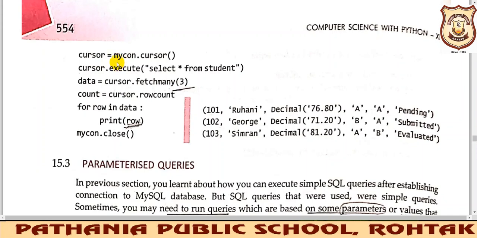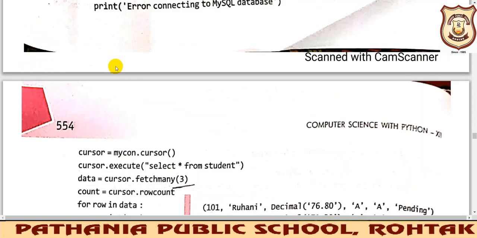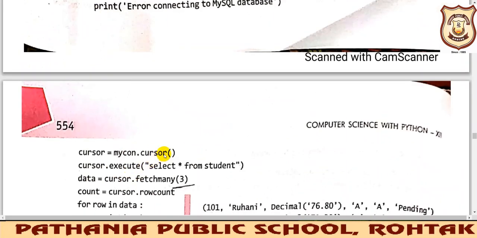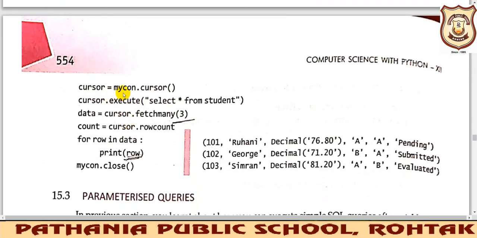So what we are trying to do, we are using this myCon, which is a connection object, to connect to that cursor function. Okay, this is our cursor object, and this is our cursor function. The cursor function will help us execute the MySQL statements with the help of this execute function. myCon is your connection object, which creates a connection with your cursor. Cursor will fetch the data present inside your table with the help of this execute function.